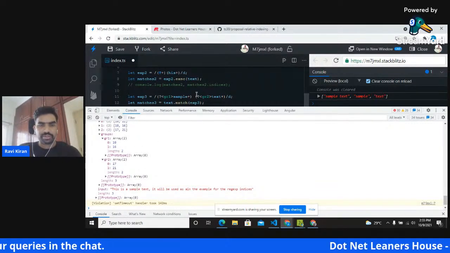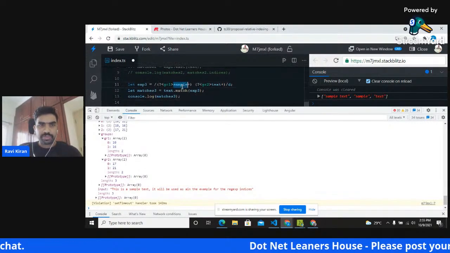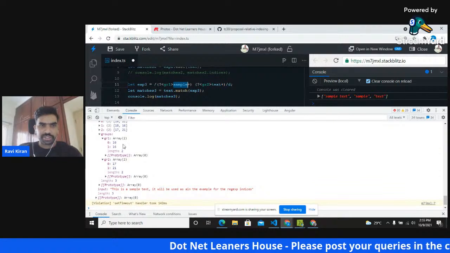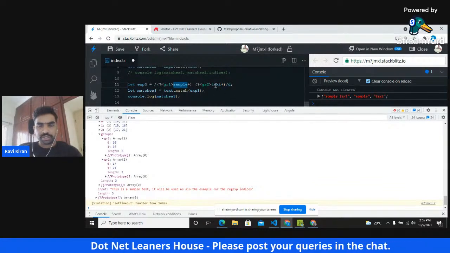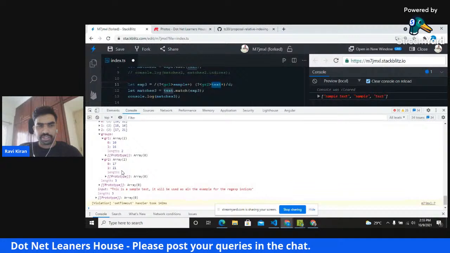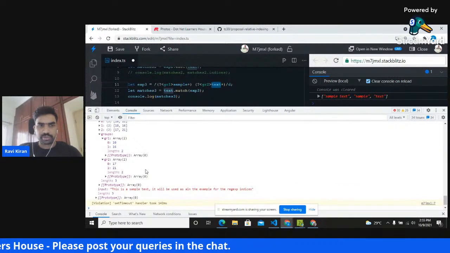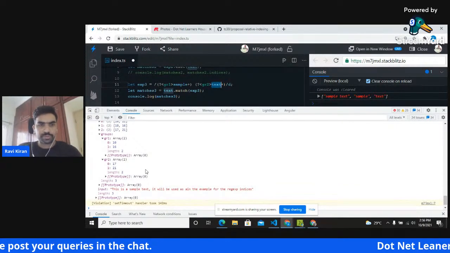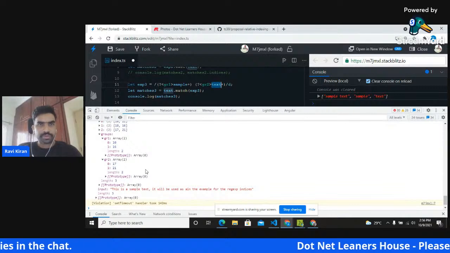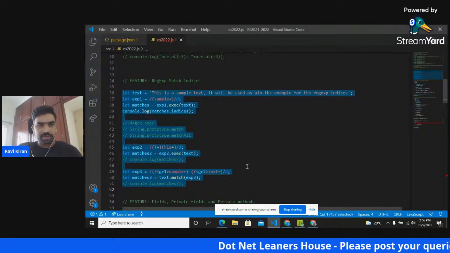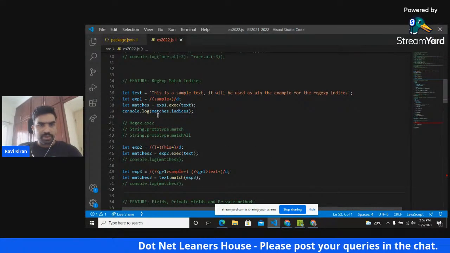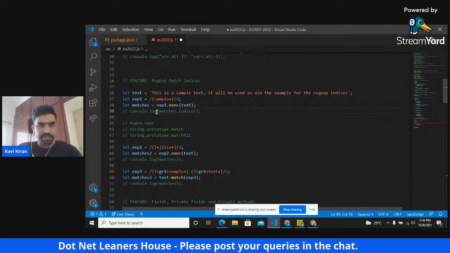Because the text sample is present between 10 and 16, we got 10 and 16 for group 1, and the text is present between 17 and 21, so those indices got printed for group 2. So that's about the regex match indices.